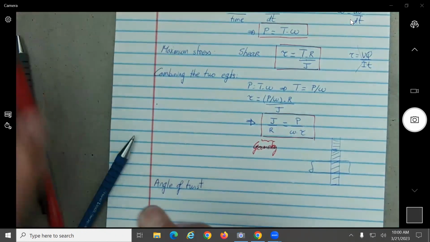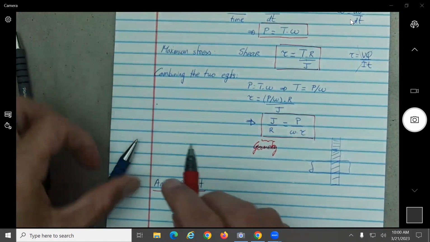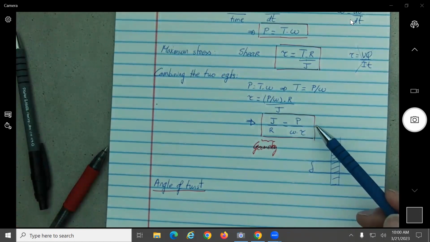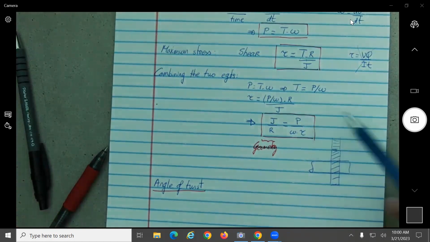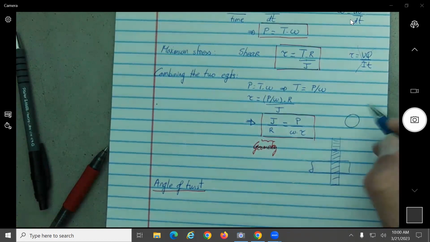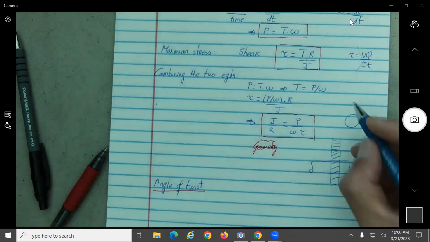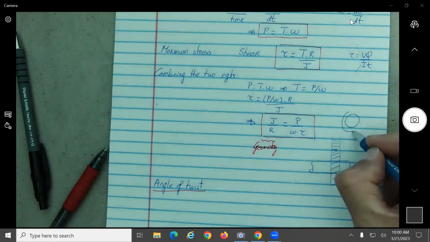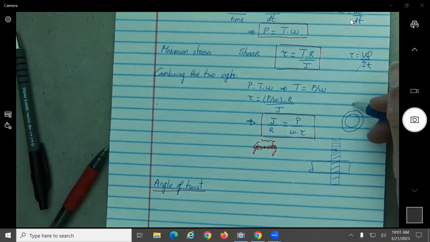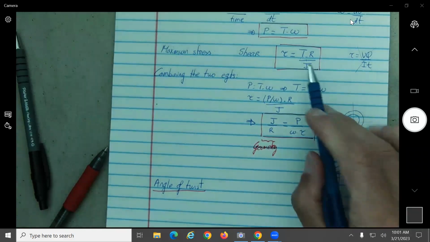So basically, what I was saying the other day, probably, if you base your design solely on this, you're probably going to find out that the best shape for a given shear stress will be a tube. Did we discuss that? So it will be a tube because when you look at this equation here, what should be the maximum